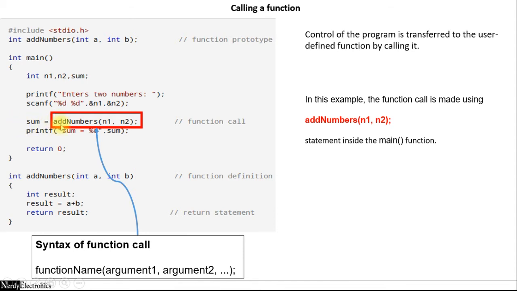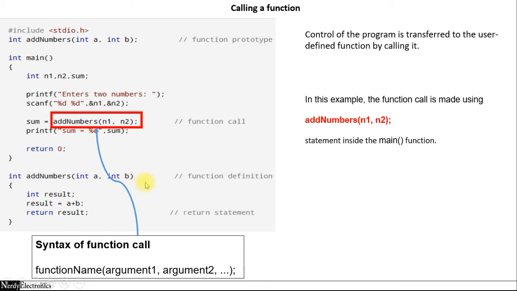So once this function is called, the execution jumps from this statement to here. This is where we have defined the function. We'll look into the definition a moment later. This is where the statements were supposed to get executed, the statement of a plus b, but instead we clubbed it in a function and we are calling that function here. So when we call a function, the execution jumps from this point to the place where the function is present.